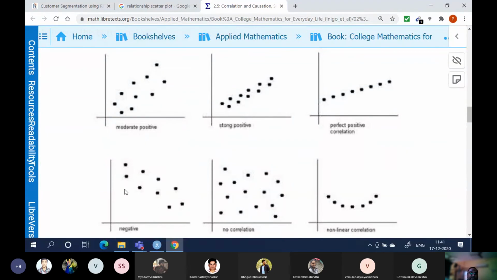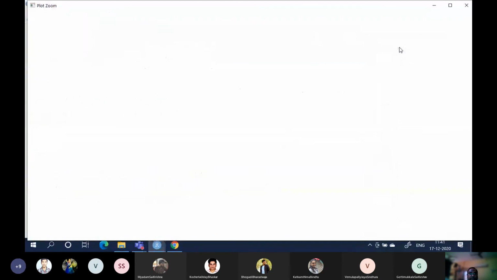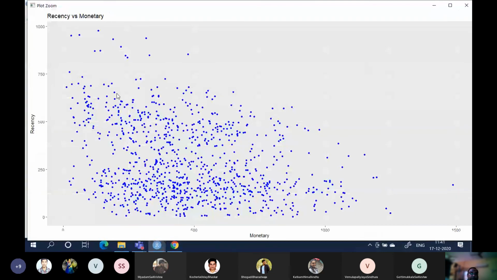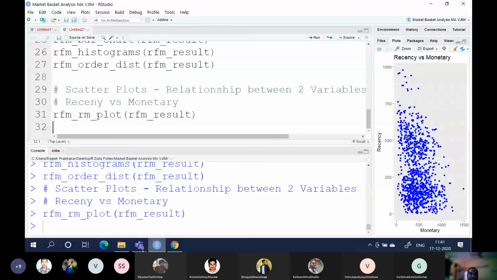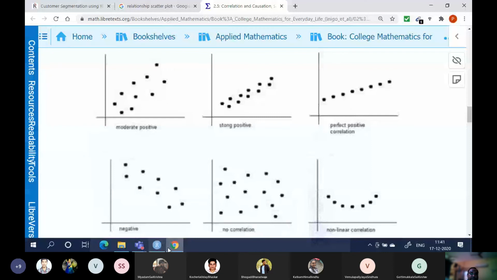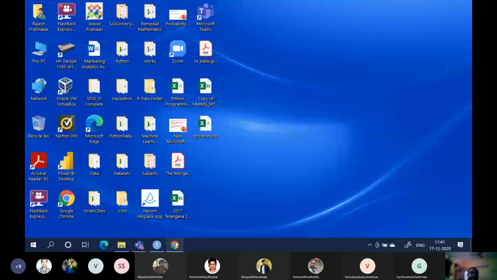So our graph is looking like this, negative correlation. Look at here, it is pointing to a negative correlation, close to no correlation, right? Negative, almost close to no correlation, negative zero something it is pointing, see? So it is pointing to somewhere between these two. So no correlation we can assume.